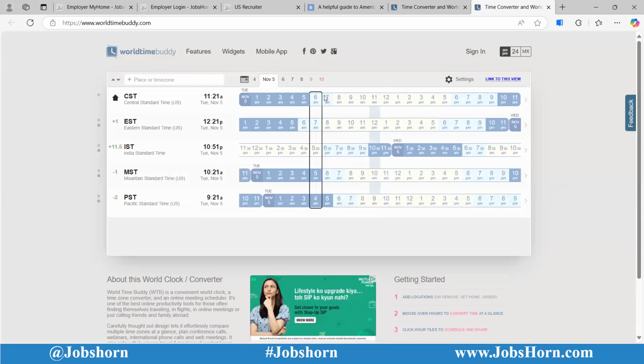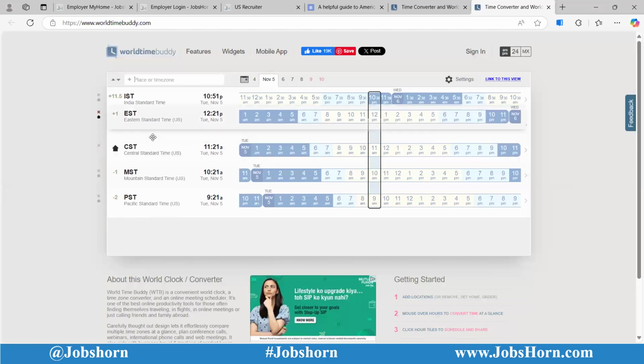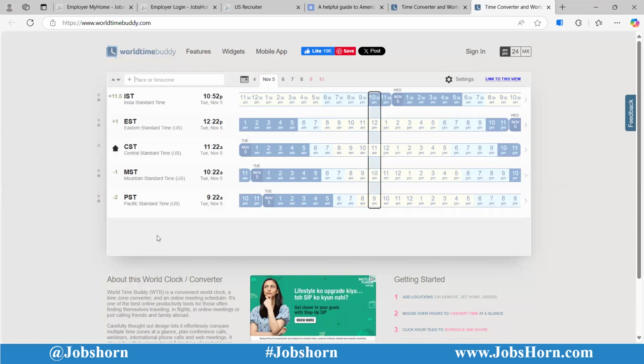Okay, now if you see, based on your Indian timing, you can check what time it is right now in each and every different time zone. Srilata, could you please drag the IST to the top so that it will be easy. It should be in order. Just drag and drop. Put the EST, then CST, and drag EST also onto the top. Yeah, that's it. So now it's in order, guys. You can see the time difference between each and every zone here. Right now in EST it is 12 p.m., but it is still 9 a.m. in the PST time zone.